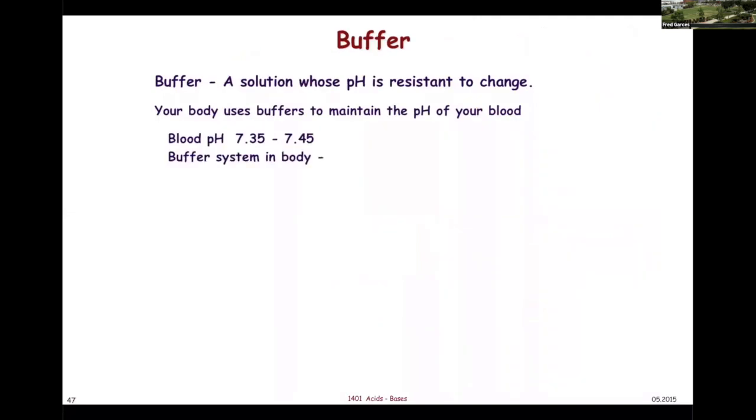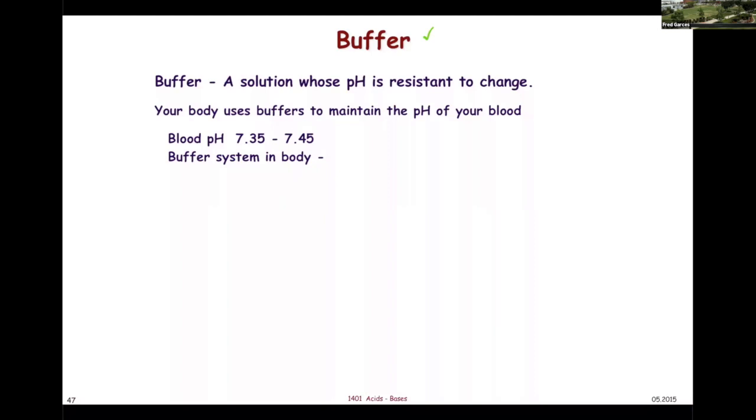The last topic I want to cover is buffers. Buffers are important chemicals because if they're contaminated with acids or bases, they resist pH change. That's why it's called a buffer. A buffer is basically something that resists changes. The reason it's important is because our blood is buffered at 7.35 to 7.45. If it gets below that, we have a condition called acidosis. If it gets above that, then we get a